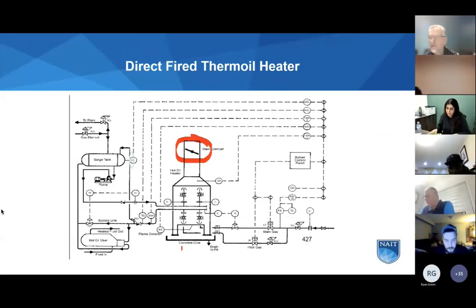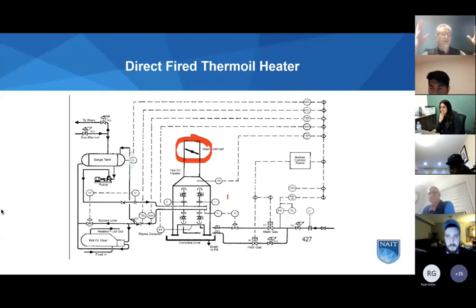Generally, this guy's going to have multiple burners: 4, 6, 8, 10. I've operated furnaces like this with 400 burners. Each burner throat was big enough for me to put my head through. So a burner about this big. This furnace with 400 burners used, at the time we talked about the amount of natural gas it was using,